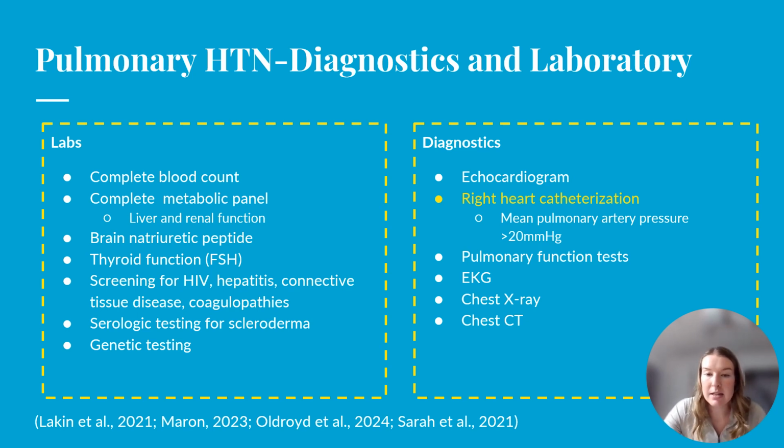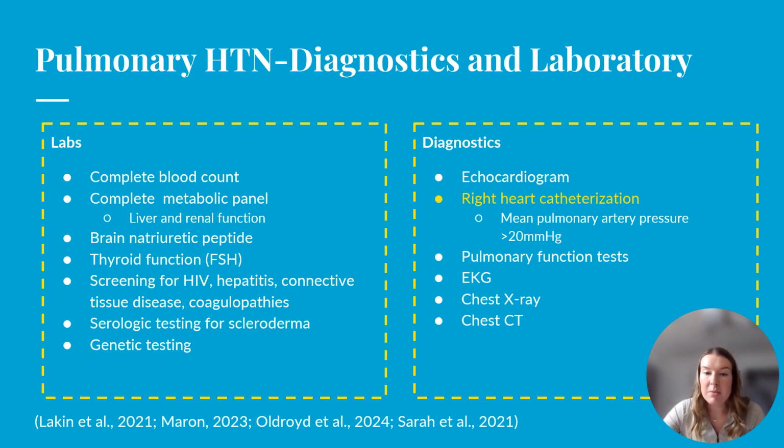The true diagnostic is going to be your right heart catheterization, and that's your gold standard. When that's done, it is diagnostic. It will clarify the stage of the disease and the subtype of the disease. You're looking for a mean pulmonary artery pressure greater than 20 millimeters of mercury. I know our book lists 25, but a little bit more research literature I saw listed it as 20,